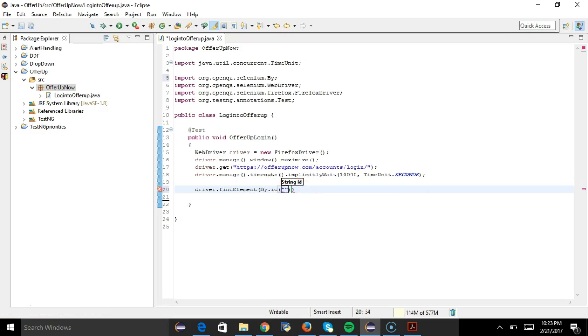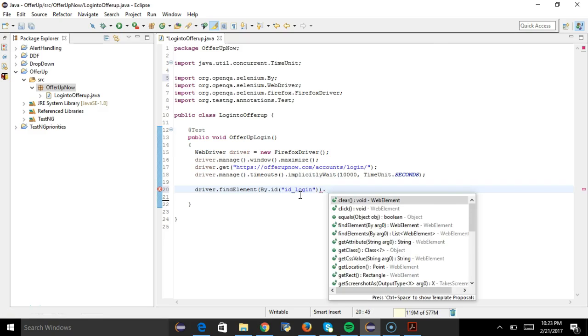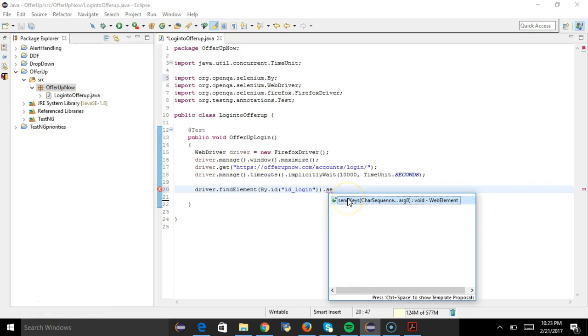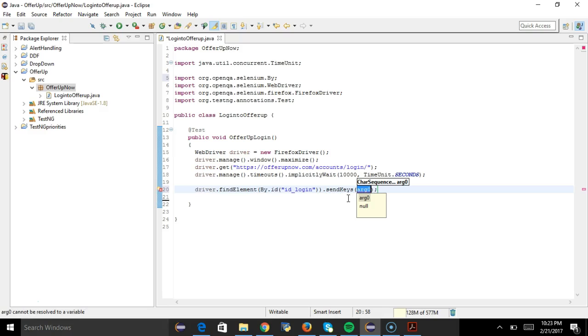String name ID is this dot send keys. So we need to enter some value, so we use send keys. Let's leave this blank since we pass the value through our script instead of manual entry, right? So now